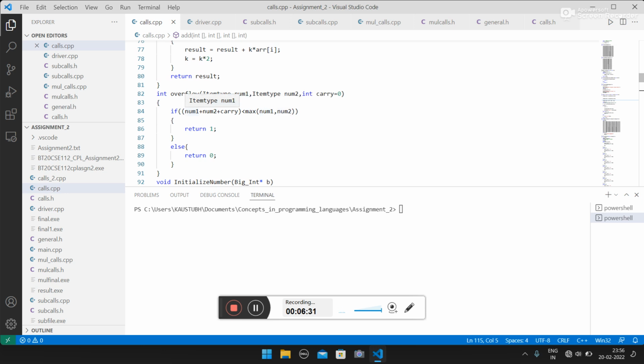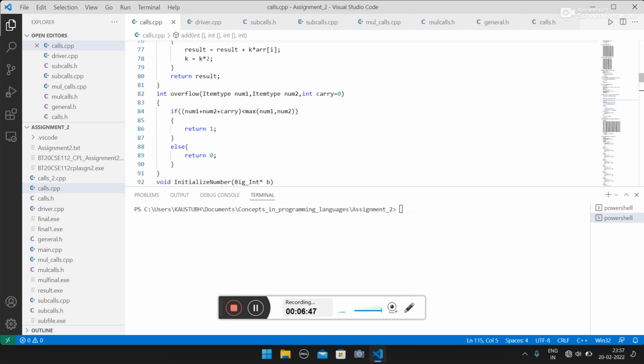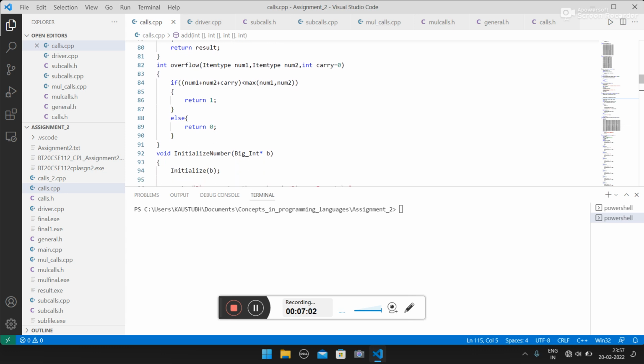So if overflow happens, the system assumes, for example, that there is some limit to this int, and then we pass a function with limit plus 1. Then the system will treat it as 0, not as limit plus 1, because it will treat it as the actual number minus the limit plus 1. In this way we have checked if there is overflow or not. If there is overflow, we have written 1, or else we have written 0.